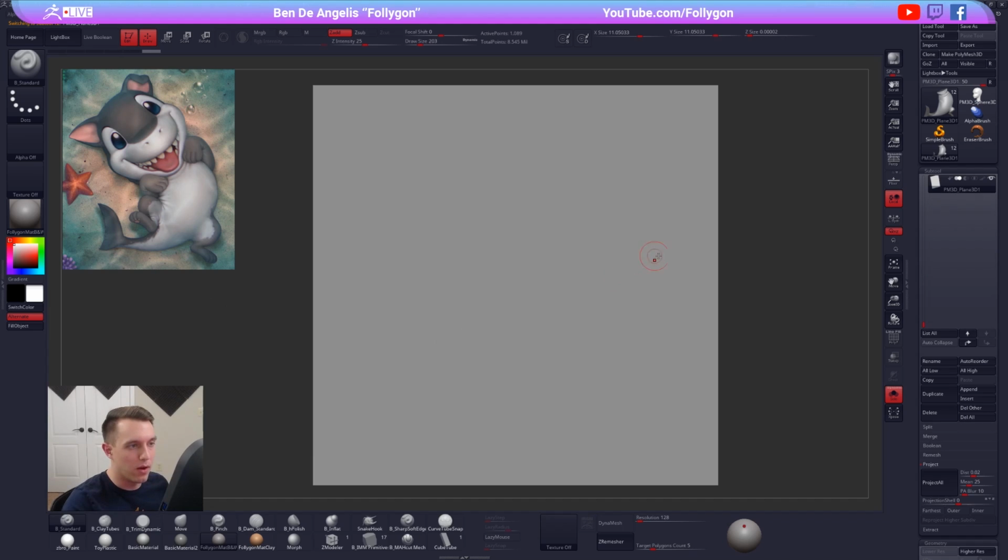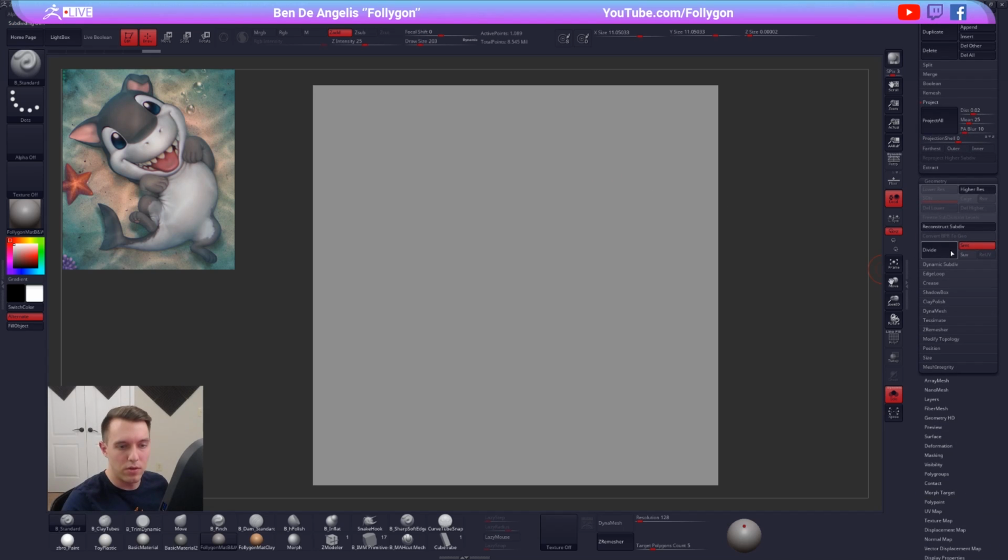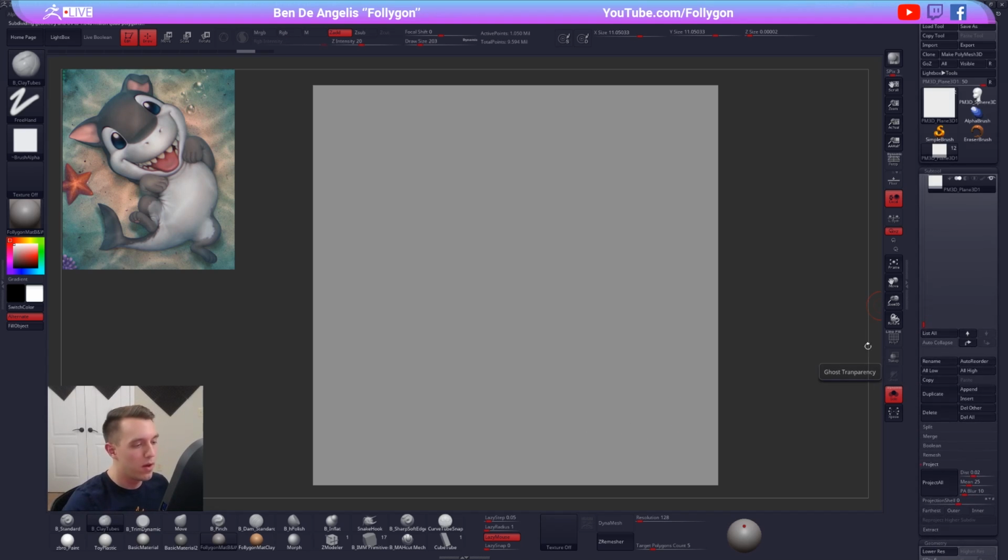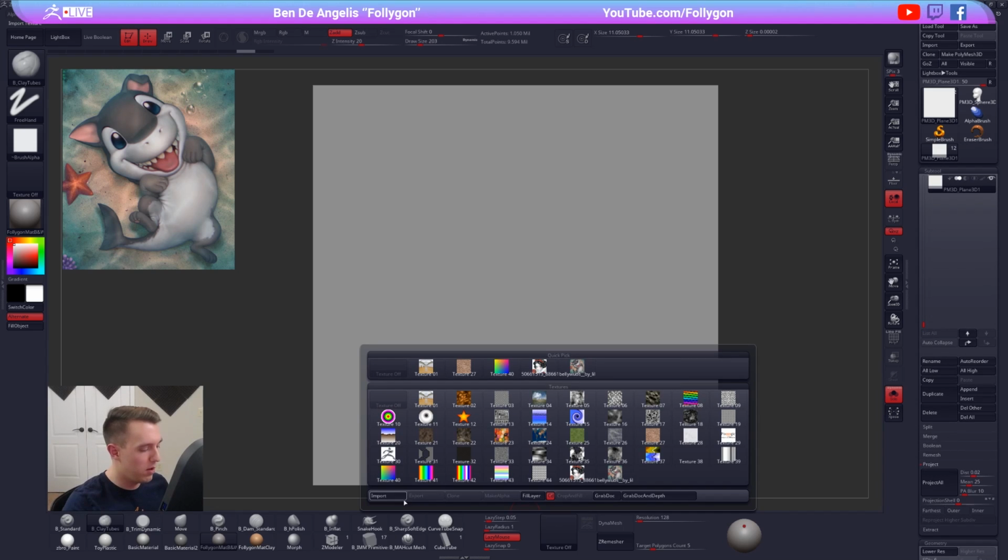Before I do that, though, you know what? Let's try the projection first. So I'm going to come down here into geometry, and I'm going to turn off the smooth mod and just divide this up. Let's try 1 million polys. Looks pretty dense to me. I think that'll do for now. I'm gonna go down into my texture menu and click, come back, texture, import,